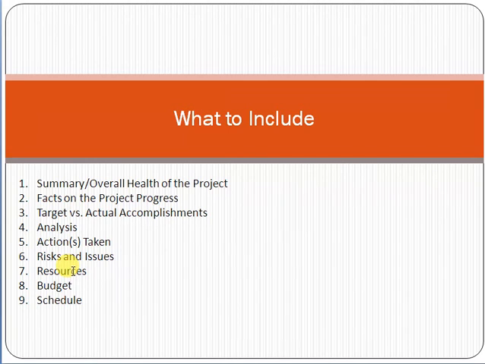Resources: who are the core resources involved in the project development. Budget: what is the total budget. And the schedule of the project. Project schedule means, for example, if today is 20th July, then till the end of next month, whatever tasks you expect to be closed. Right now, as per the project plan, which tasks should be completed, and whether they are completed or not. We have to show all these factors in a status report.